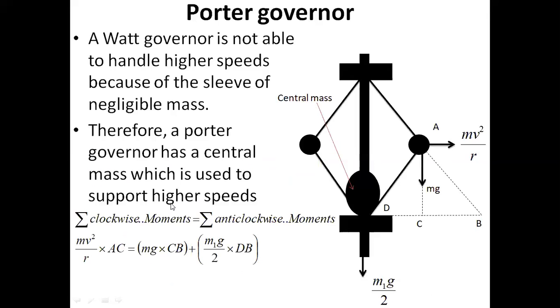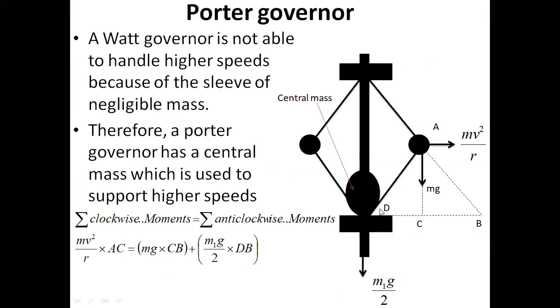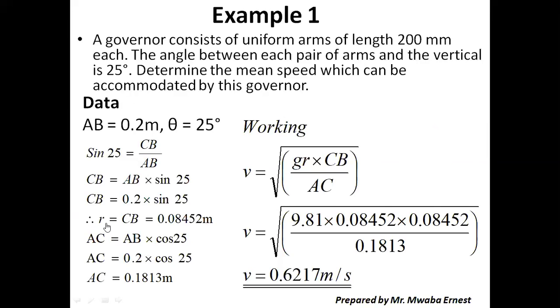Then the other thing you can notice is that this same CB is actually the radius. It's the same as DC. It's the radius. So that's how come it's written like this. R is equal to CB, which is equal to 0.8452. When it comes to AC,